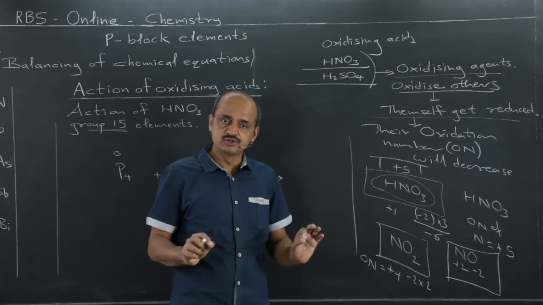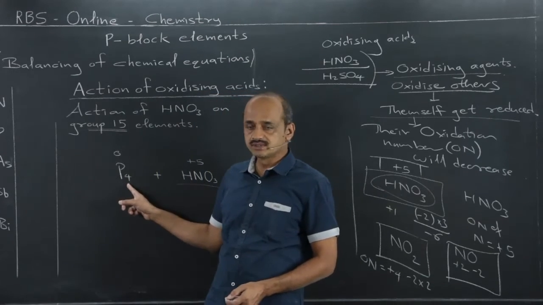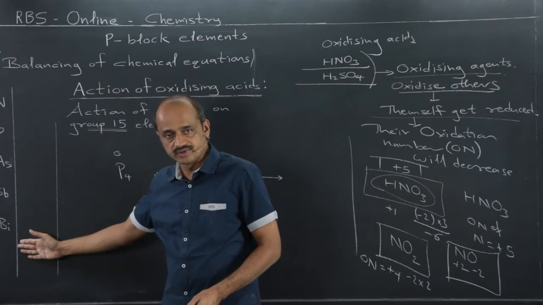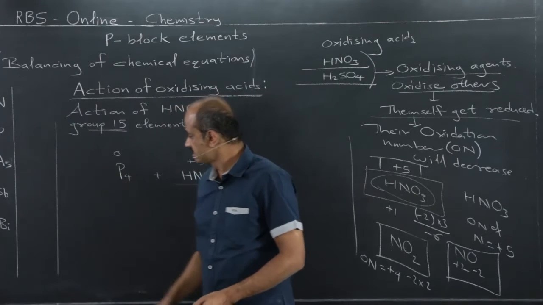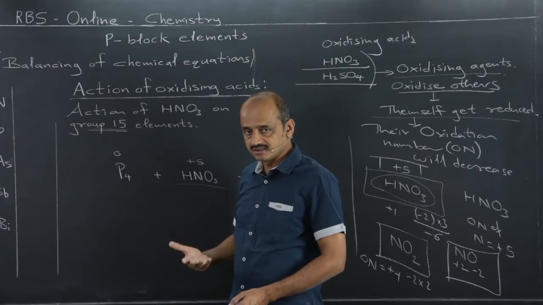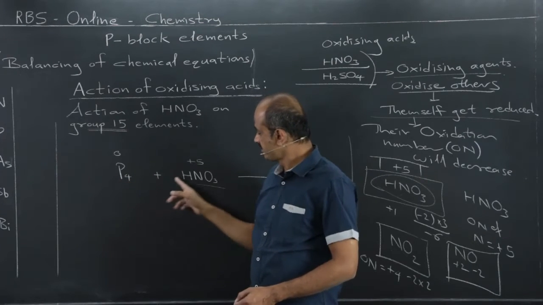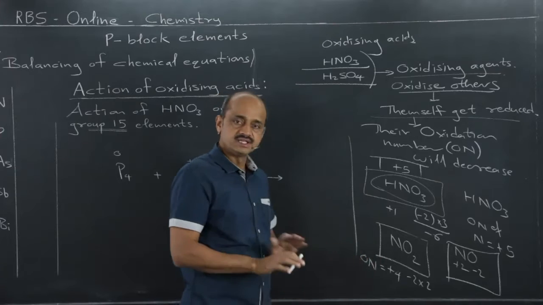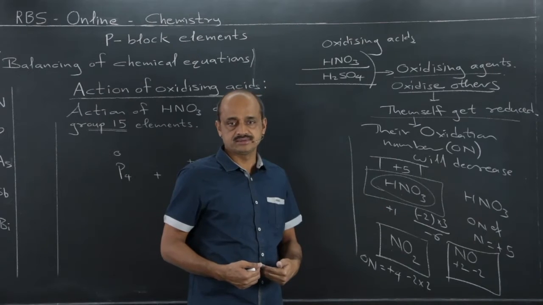Now, this much is known: in the reaction of nitric acid with phosphorus, or with the other elements of group 15, one thing is fixed. Nitrogen is a special case, which I am going to tell you about. Phosphorus or any other element with nitric acid, on this side NO2 is fixed. So, this much chemistry also helps.